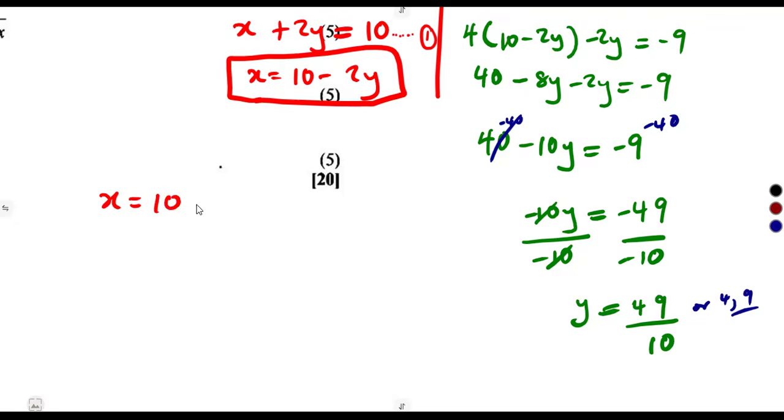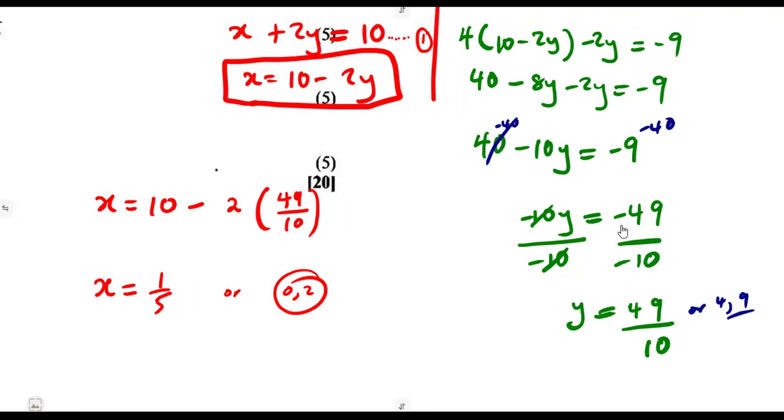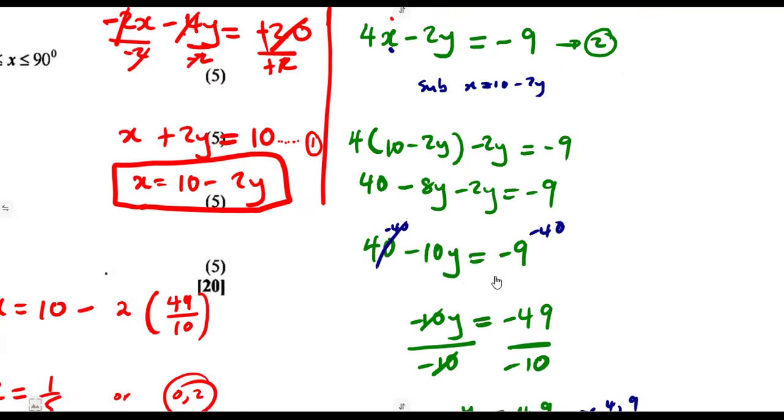So that was going to be 10 minus 2 into the value of y, which is 49 over 10 or 4,9. So that was going to give us the value of x, which is 1 over 5, or as a decimal, it was going to be 0,2, just like that. So as we can see, guys, simple like that, we can apply the substitution method. But like I said, elimination method also